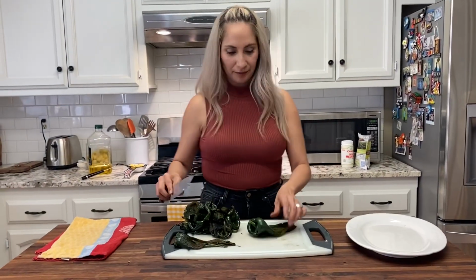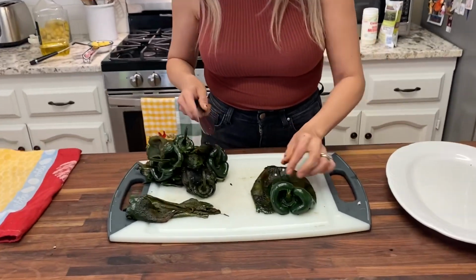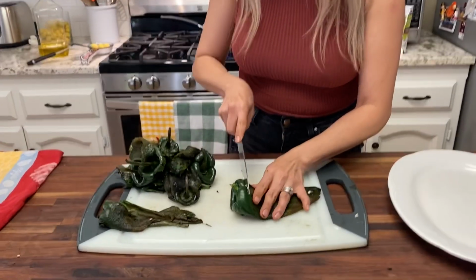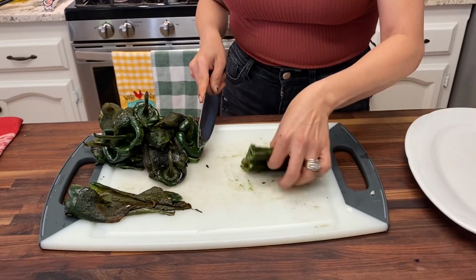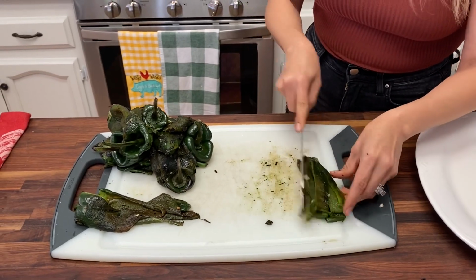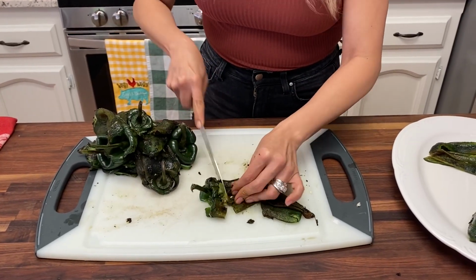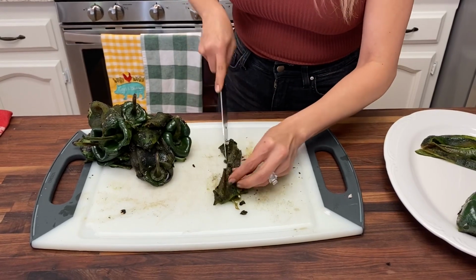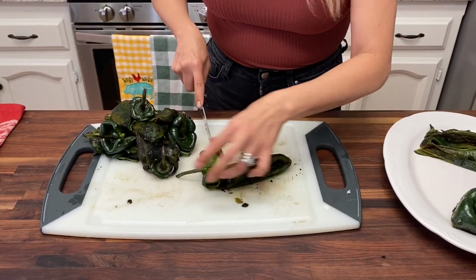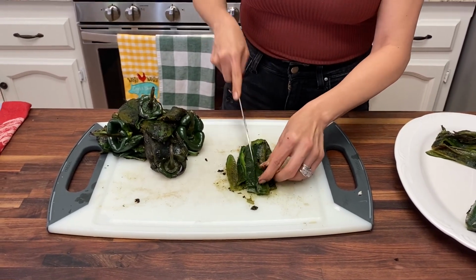So the onion's cooking behind me, and while that's happening, I'm gonna show you guys how to get these ready to go into the frying pan. We don't want the rajas to be cut too thin or too thick, so what we like to do is remove this off, and then we're just gonna slice them, set them aside. Cut the top off. And we're going to do this to all the chiles. Then once we're done cutting, I'm going to show you guys how to put them into the frying pan,